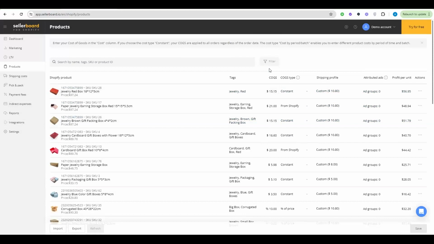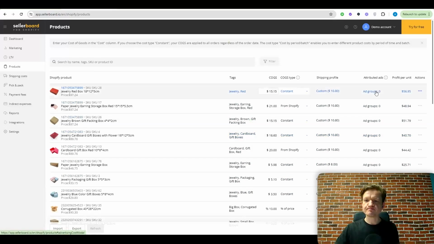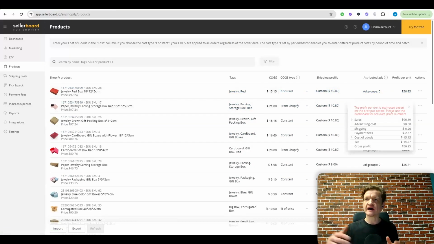Also, in the products tab over here, you can create tags for products, so you can analyze them in specific groups later, depending on how you're analyzing data. You can choose the shipping profile, which is very important on a product level for your products over here. I'm going to show you how the shipping profiles work in a second. And you can have information regarding your profit per unit calculation that will give you an understanding of how profitable it is to sell a specific product, given all of the costs that you have associated with that product. So let's move on.